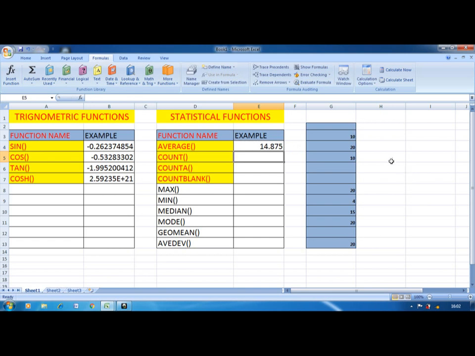We can check that: equal to SUM, opening bracket, find its sum, which is 119, divided by 8. The result is 14.875. So the average function is used to calculate the average of the given numbers in the table.